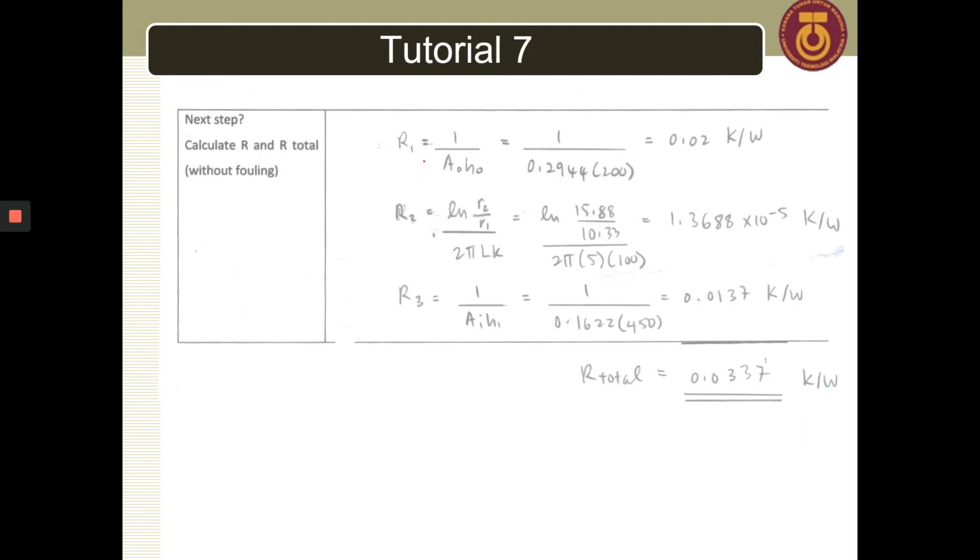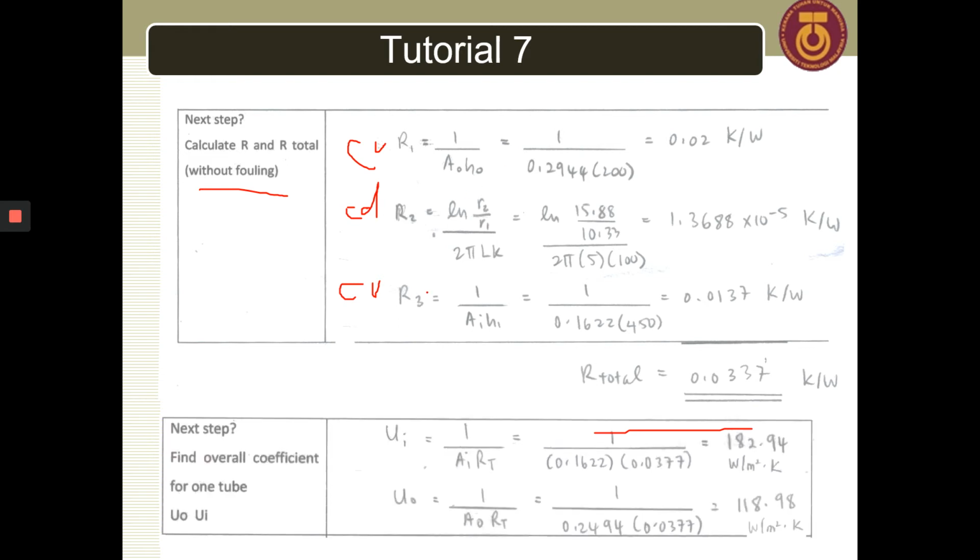So using this formula, this is for convective, this is for conduction, and this is also for convection. Because I draw for one tube, I would like to find the resistance also per one tube as my basis. Okay, then I get the total resistance of these three. And this is without fouling. Okay, without any fouling, we have only three resistances. Then what is next? The next is actually